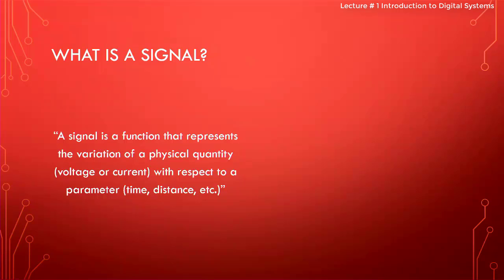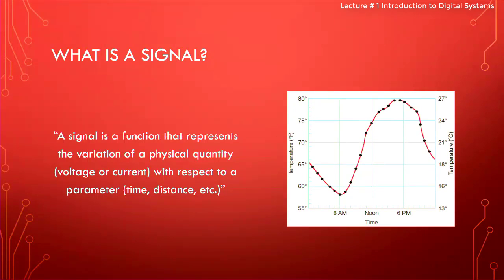It's kind of like a decimal number system. We understand 1, 2, 3, 4, 5, 6. We understand there's 9 between 8 and 10. But the computer doesn't understand that. Computer understands the binary formation of those decimal numbers. Okay, so we have to convert things into binary so that computers can process the information. And again, this is the output that we see as human beings coming out of any generic system. This is actually the temperature versus time. Okay, temperature taken at different times during the day, and you see it's actually analog in nature.